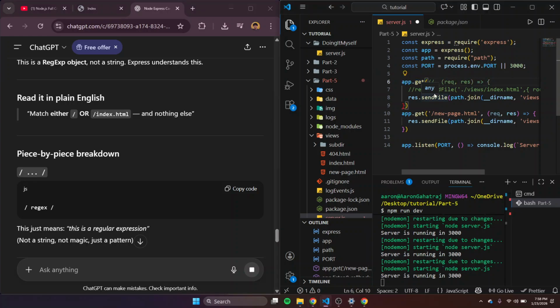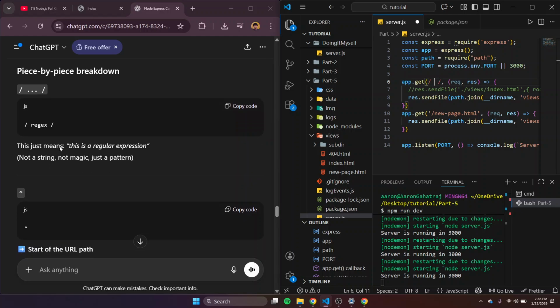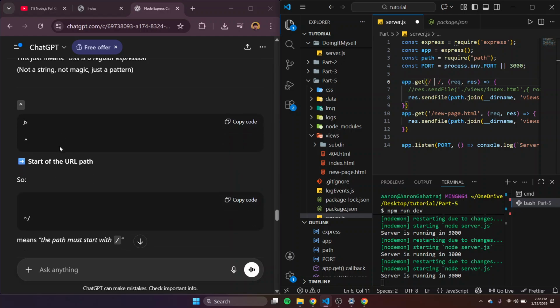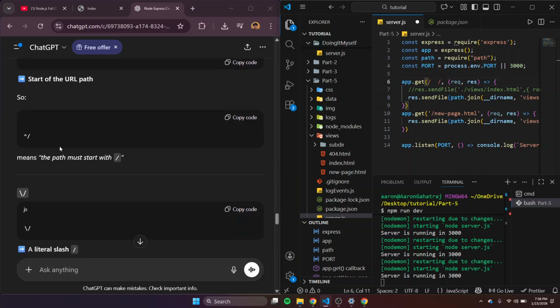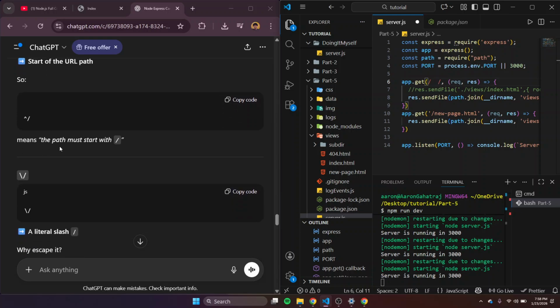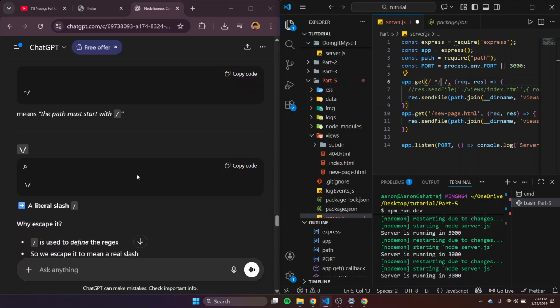This is a veggie. String automatic. That's a pattern. Start of a URL. Okay. Start off as a URL. Literal